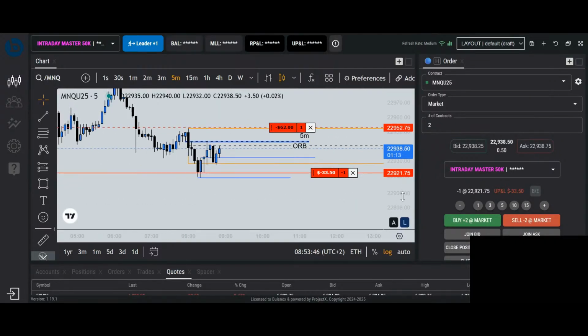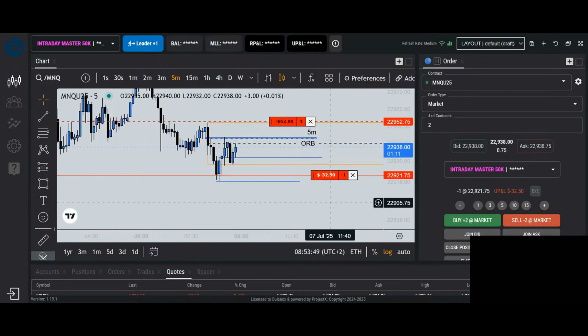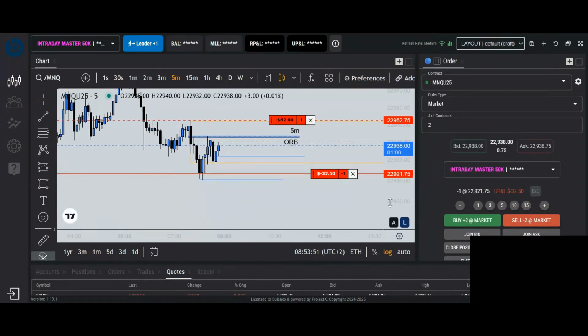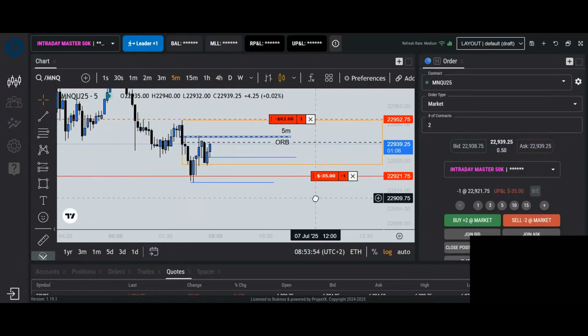I will be keeping a watch on the charts today. If I see a nice ILM somewhere in the day itself, I'll post it. I'll make sure that you all can see it.